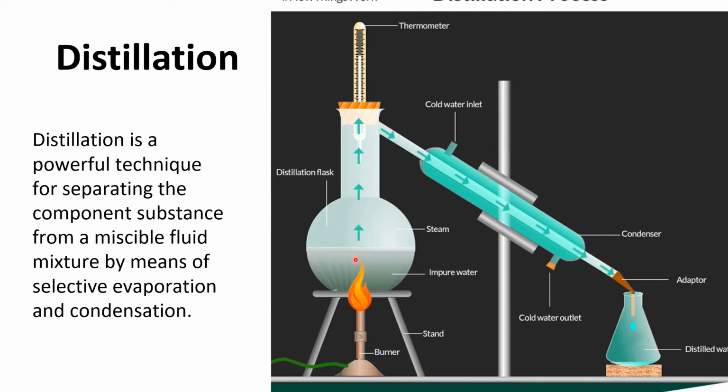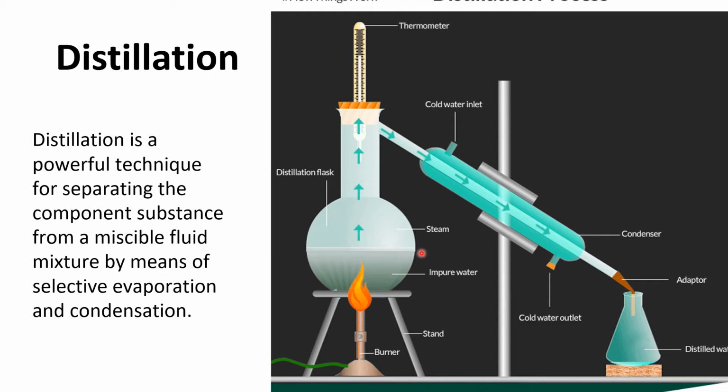We put that impure water in the distillation flask and we heat it to 100 degrees Celsius, because that is the boiling point of water. The water starts changing into water vapors, or you can say steam. When it comes here, it gets condensed again into water and we can collect that water here. So this water will be free from the impurities, and when the complete distillation takes place, we will be left with the impurities at this end in the flask.